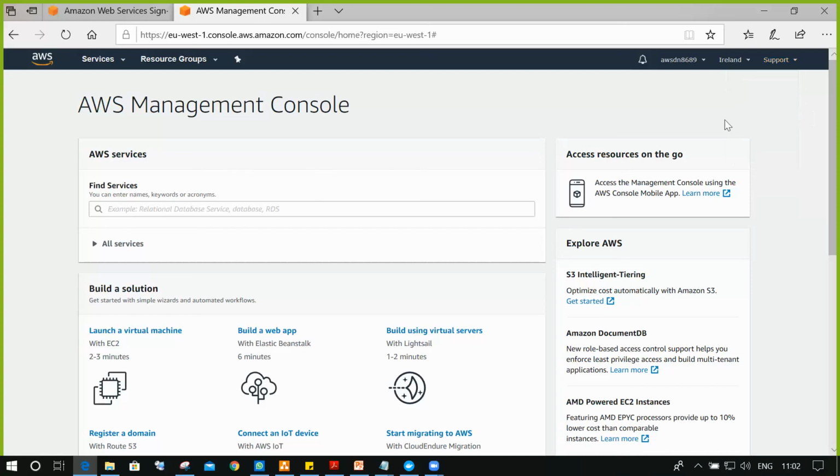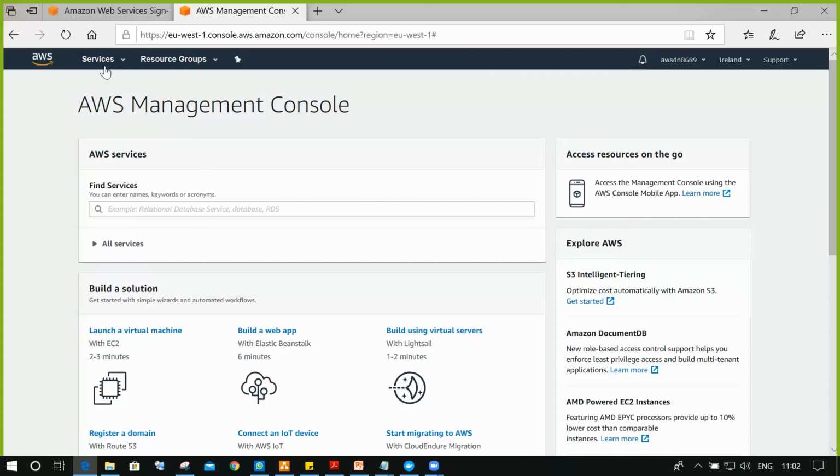You also have this bell symbol. Whenever you have any alerts, you will receive them here. Some colors will appear, like a red kind of thing, so we can go and check whether there are any alerts in AWS. For example, if in one of the locations the resources are totally utilized or some issues are going on, you will get a notification here. If any AWS location has any technical problem, you will get the notification from the bell icon.